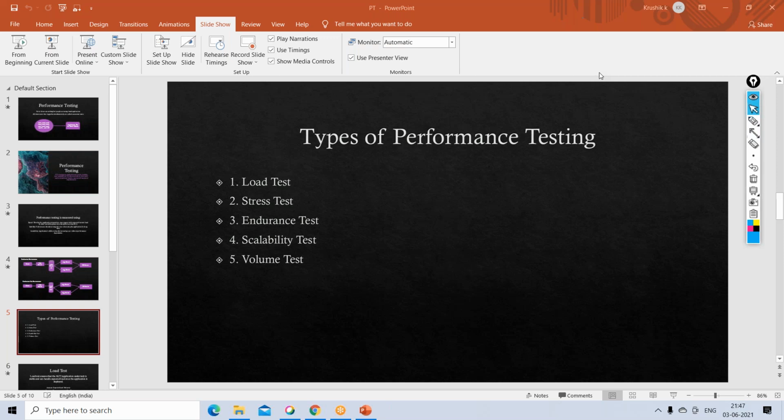That means if your application server is located at a data center in New Jersey, probably some of the load generators can be located in New Jersey along with the application server, and some can be in California, Florida, different parts of the country or different parts of the world as well, depending on the requirement. Why? Because in a real-time environment, people will access the application from different parts of the world, right?